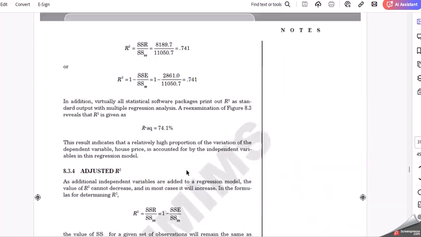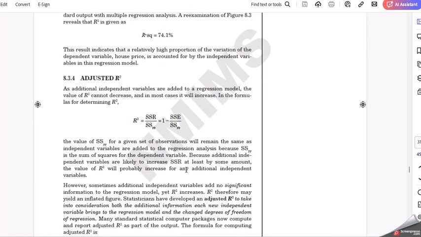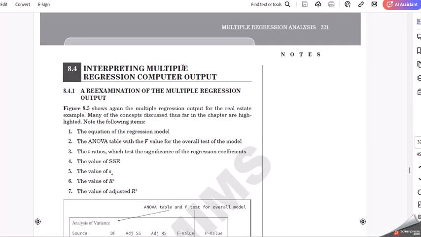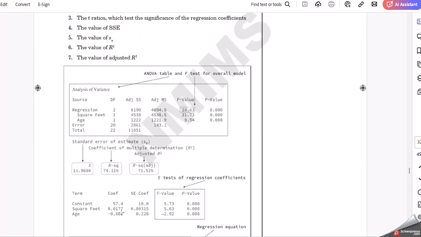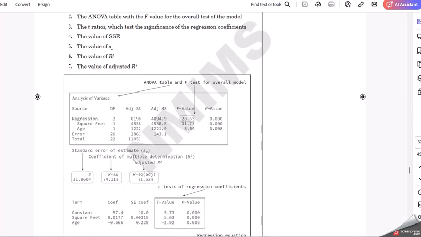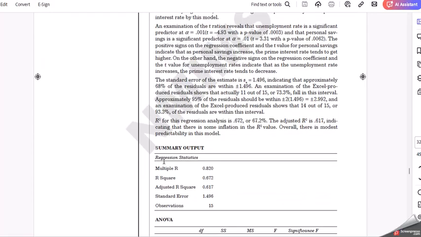Straight away go to 319. What is adjusted R square? There is a little brief about it. Then interpretation. This is the interpretation of multiple regression: once you do your regression in the Analysis tool of Excel, how you have to interpret the output and write your answer. Okay,